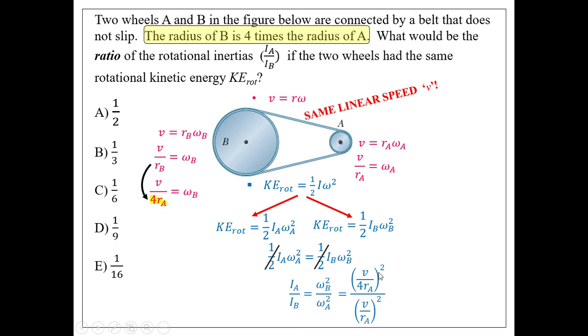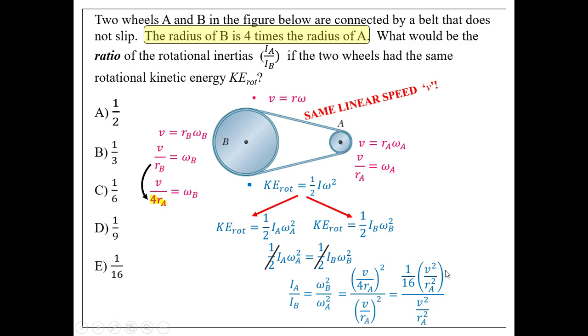Use parentheses, and then you're going to distribute this exponent to the numerator and the denominator on both top and bottom terms. If you do that, the V here has an imaginary 1, so 1 squared is just 1. And then 4 squared is 16, so that's where the 1 over 16 comes from. And then you notice here you have V squared over RA squared. And on the bottom, if you distribute the exponent to the V and also the exponent to RA, you get